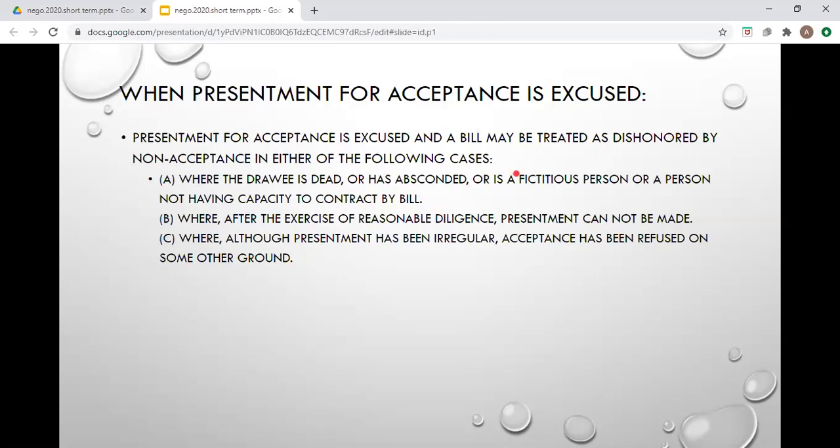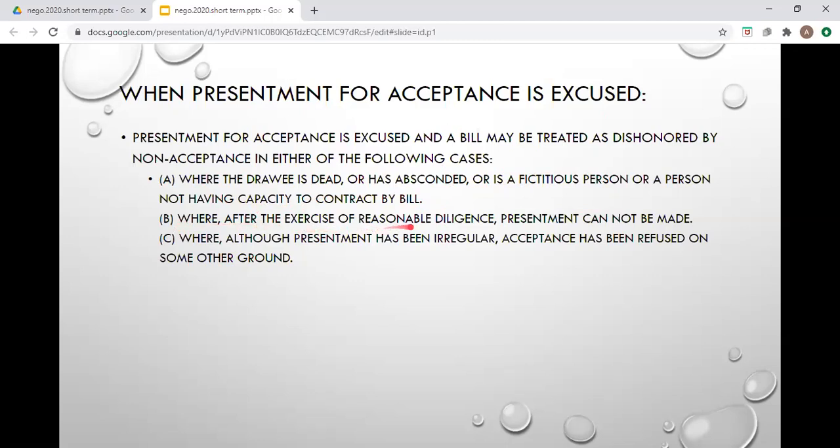If the DRAWEE is a fictitious person, fictitious, di ba? Without real existence, kanino mo ipapakita? To whom are you going to present it if there is really no DRAWEE, di ba? Or when the DRAWEE is incapacitated. Okay? In which case, kahit pa i-present mo sa kanya, incapacitated nga eh. So, what will you expect from that incapacitated person? Next one,